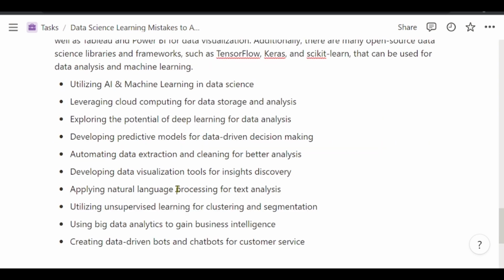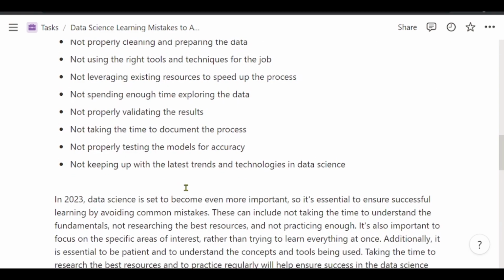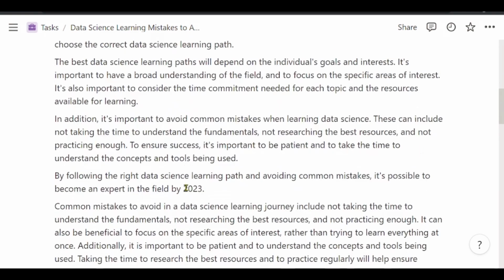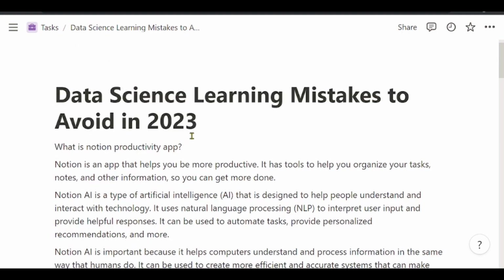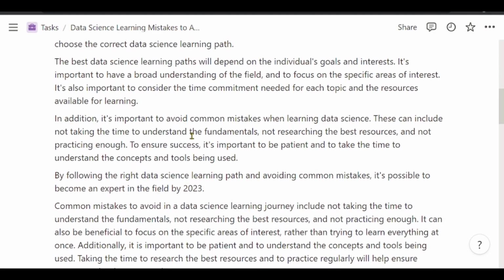That they are almost similar. We tend to go round and round the same answer. So basically, that is what Notion AI can do. And for someone who seeks to understand what are the common mistakes to avoid in your data science learning journey, at least using the power of natural language processing, we have seen in a summary that when you are in a data science learning journey, some of the mistakes that you need to avoid is not taking time to understand the fundamentals, not researching the best resources, and not practicing enough.